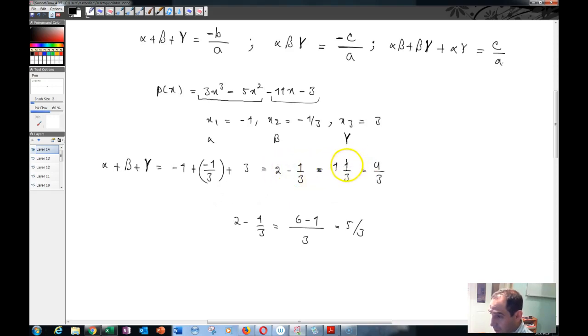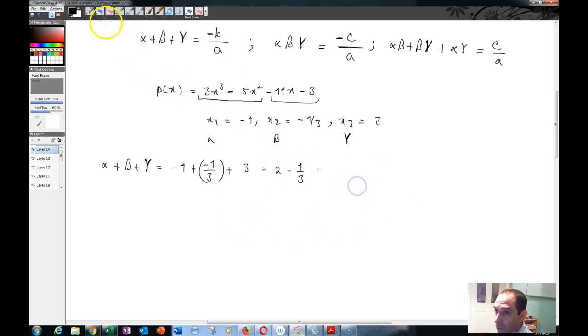Oh, this would actually be 1 and 2/3, right? 1 and 2/3 is actually 5/3. That's right. Okay. So that's 1 and 2/3, which is equal to 5/3. So then your alpha plus beta plus gamma is equal to 5/3, right? Now,